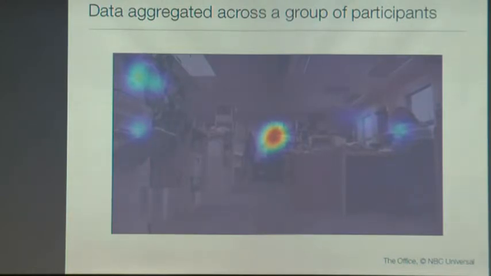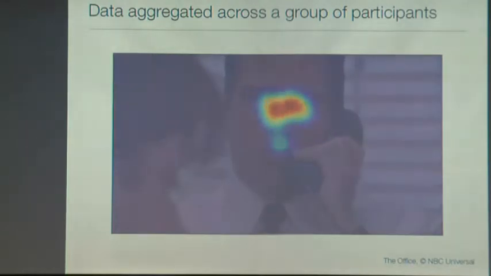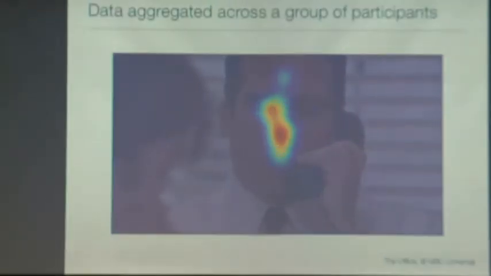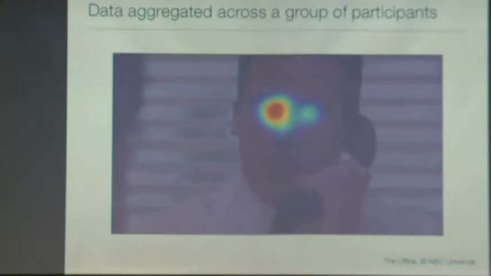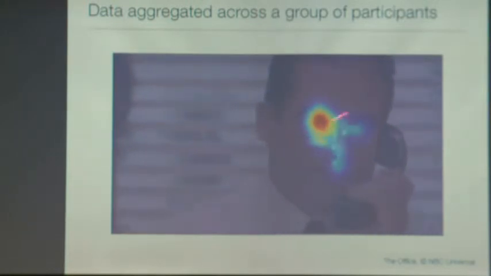So you get some spatial dispersion, and it varies. Sometimes everybody looks in one place, and sometimes it gets much more spread out. So the actual data looks sort of like this. As you have the movie going on, and you look at the eye tracking data from a group, sometimes everyone looks at the eyes, and then it spreads out and so forth.